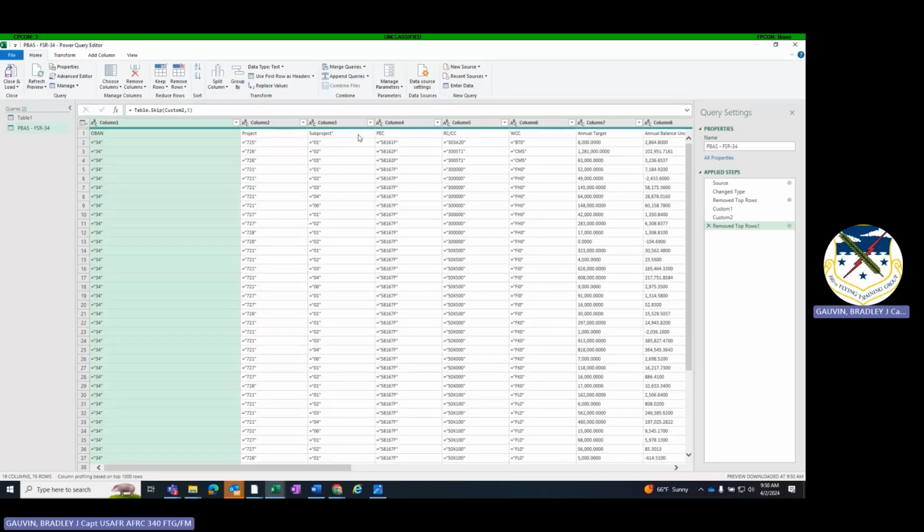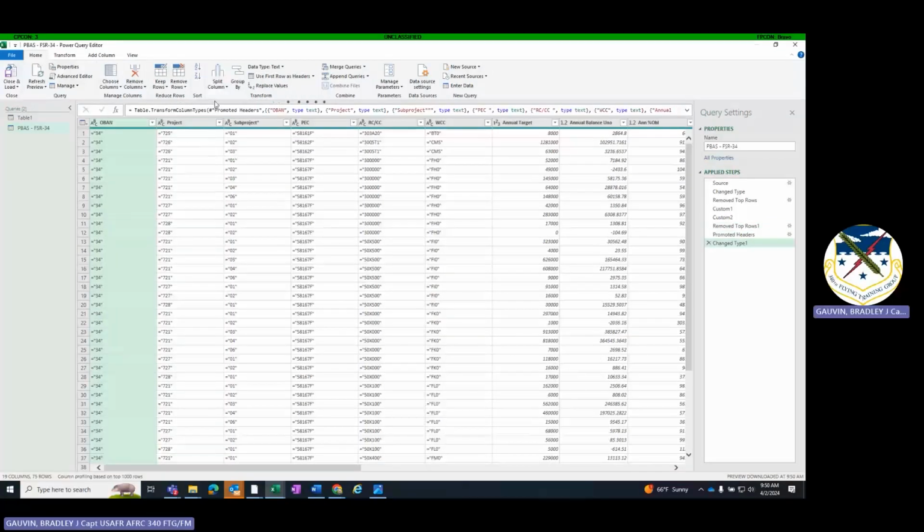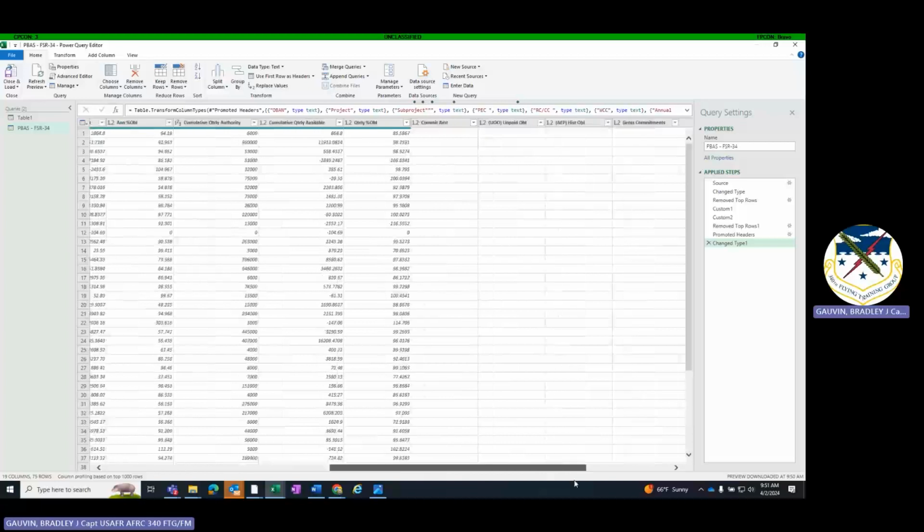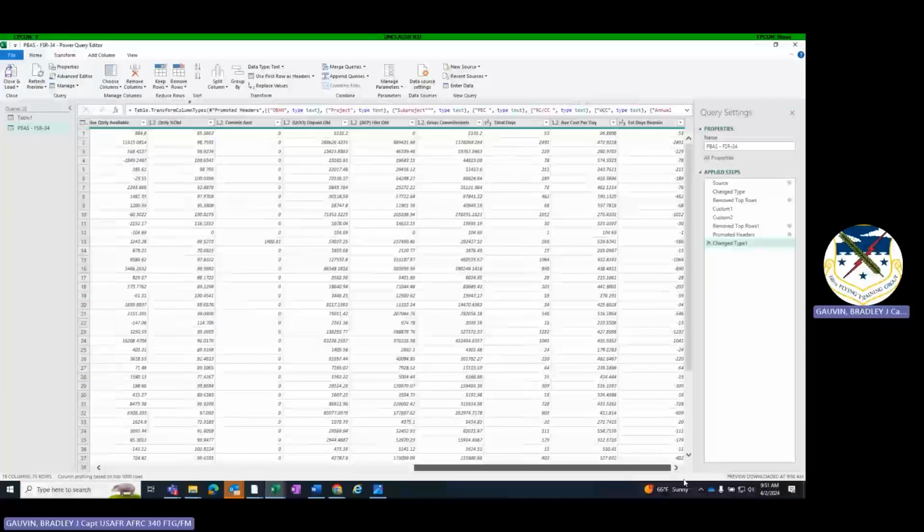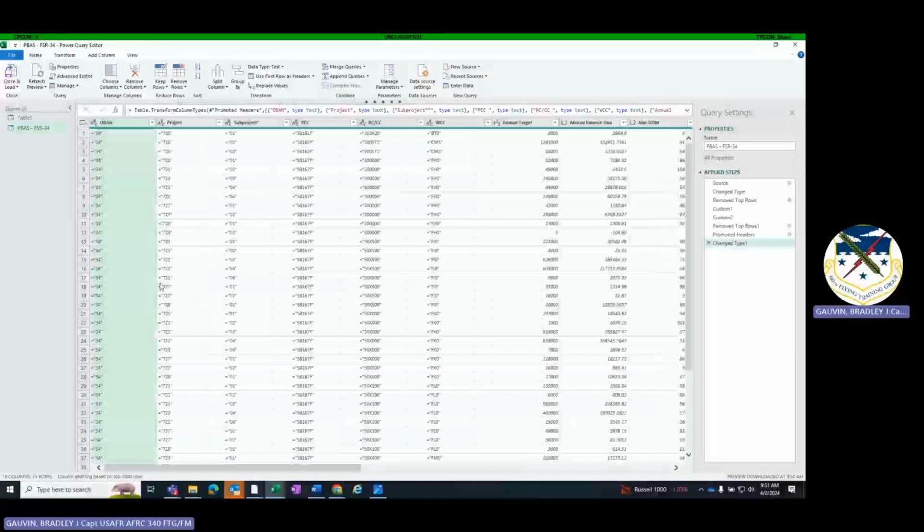Now this is better, but I still have my headers in my data versus being in my headers. Power Query has the ability to click use first row as headers, which immediately promotes those in. And now we can kind of see that it not only promoted them, but it changed the type because now some of these rows have numbers only in them. So it's no longer a text type and it is a numerical type. So that kind of already cleans up some of the information that we want. It's looking a little bit better, but